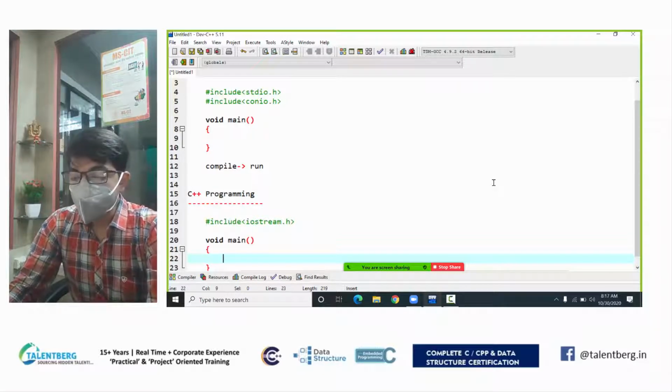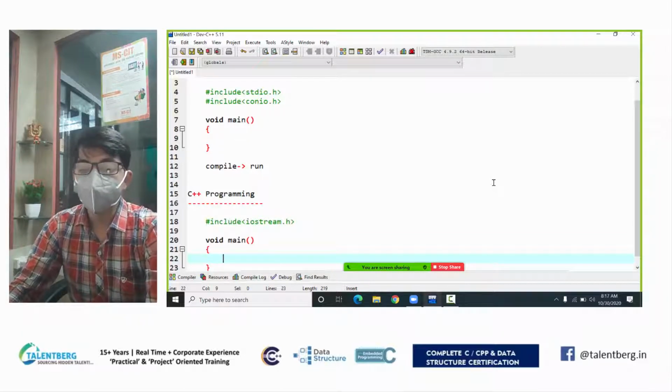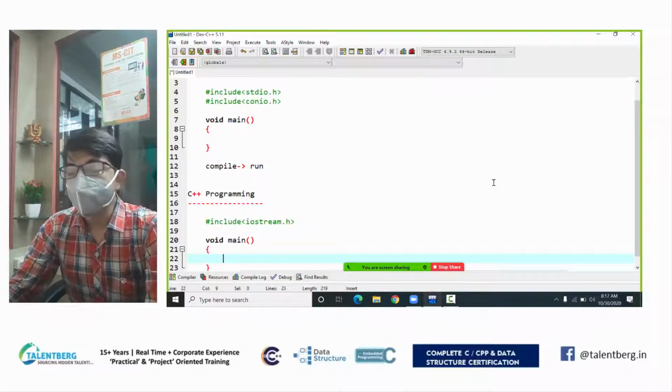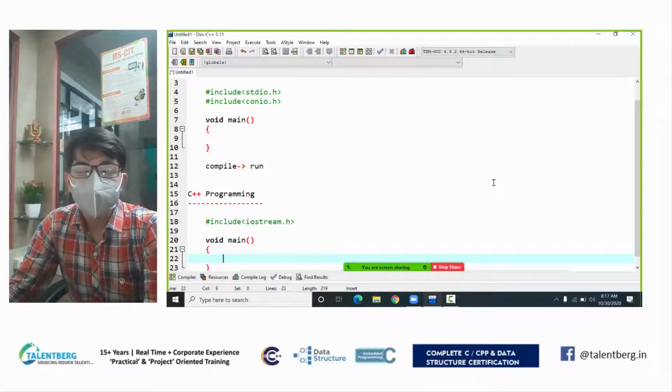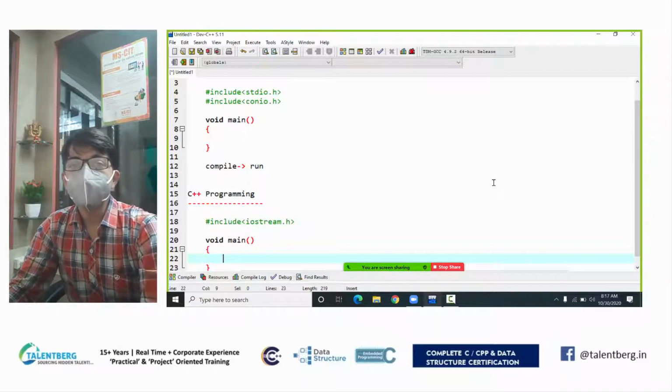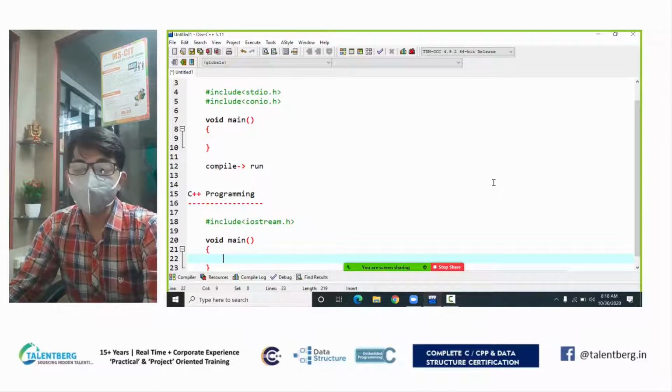There are a lot of changes between C and C++, and here is the first change, that is structure. You can see the header file is iostream.h. Basically header files provide you many functions, but in C++ header files provide you many namespaces as well as classes. Namespace means you create a group of many classes, and class means it is a heterogeneous collection. You create a grouping of many variables as well as functions. So you create an entity.